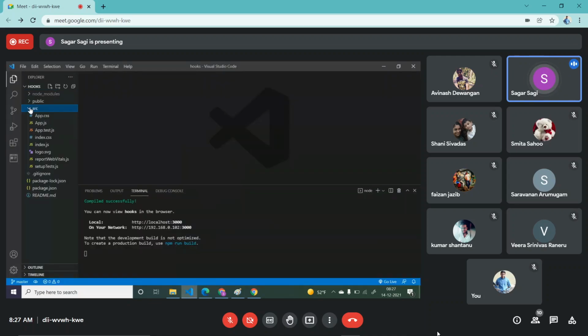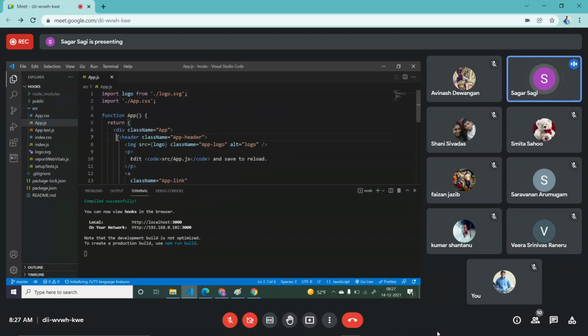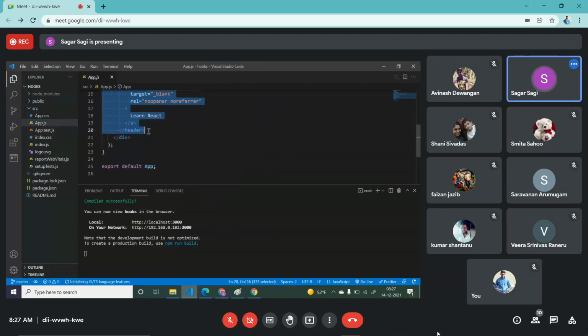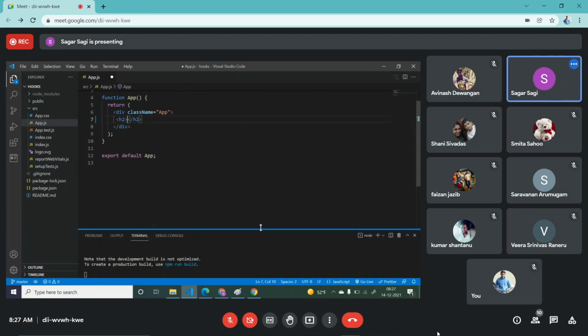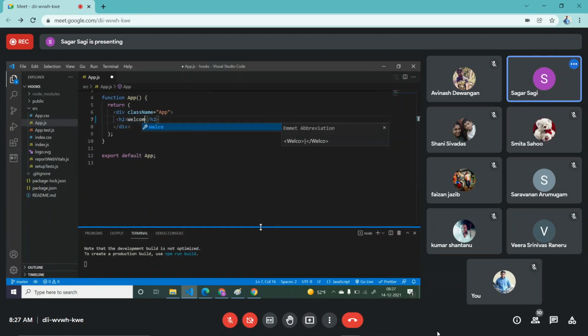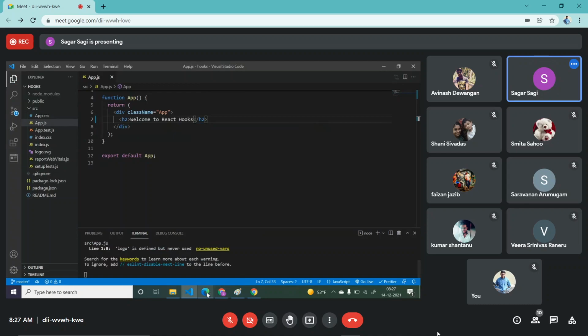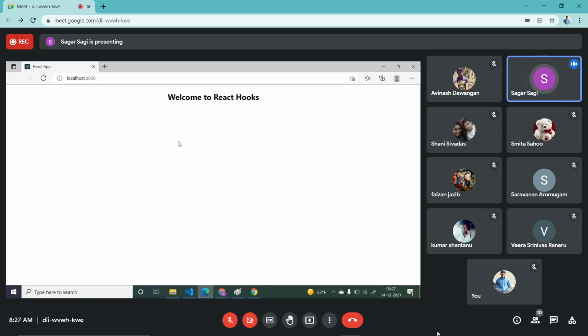I will just go to this src, inside that app.js, and if I remove all this part, header to header, and simply say here one h2 tag and something like welcome to React hooks. Now save it. Now here you will get something called welcome to React hooks.